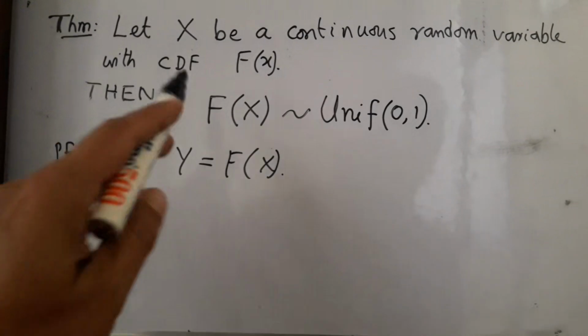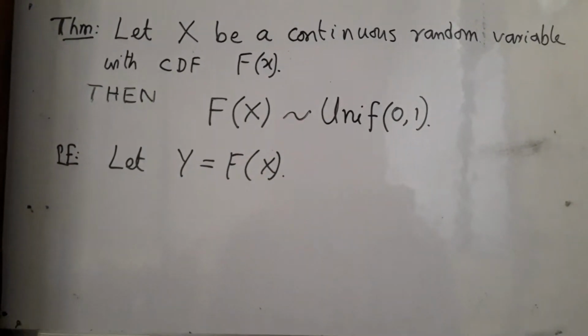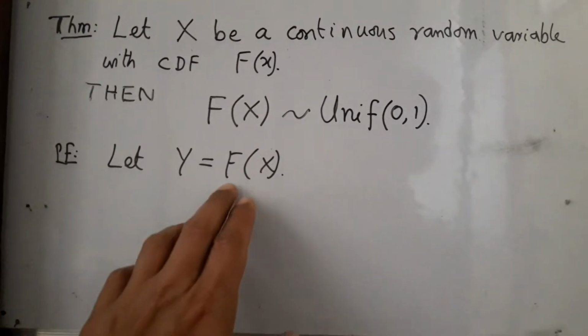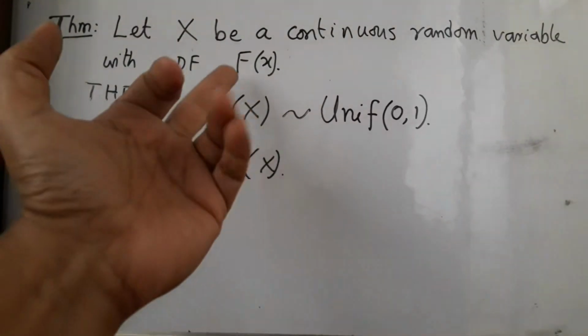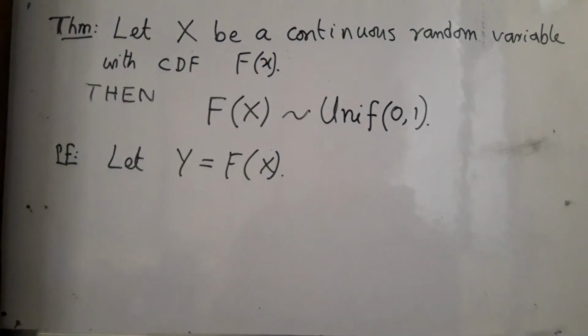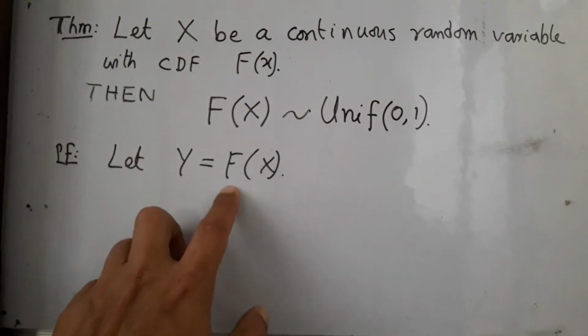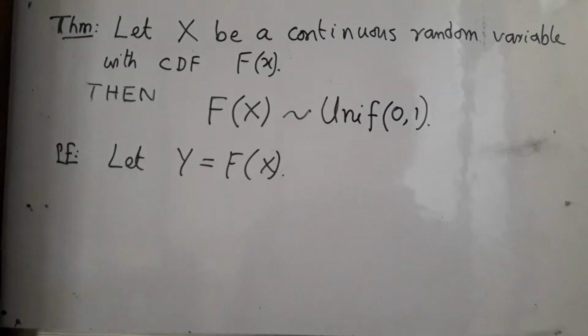I shall start by giving it a name, capital Y. Now you might be tempted to think I am going to use the Jacobian formula. I can't, because no one has told me that this capital F is differentiable. I did not say it corresponds to a density. Just continuous is all that I have, so I cannot use that condition. But I do have one fact, namely capital F is non-decreasing. It need not be a bijection, it need not be strictly increasing, but it is non-decreasing.